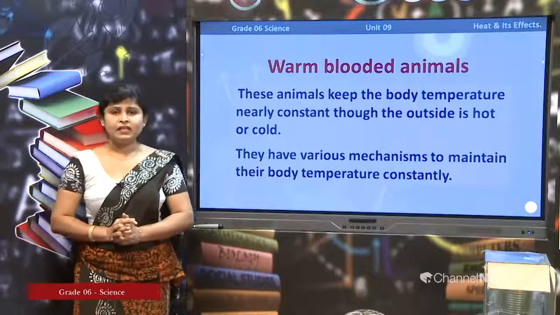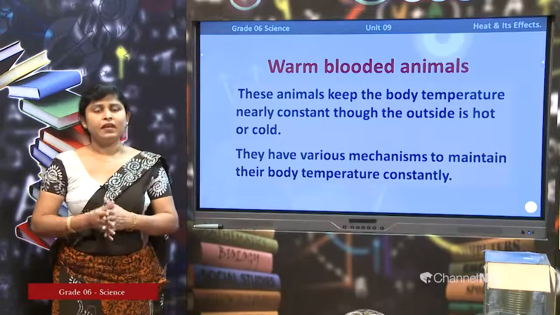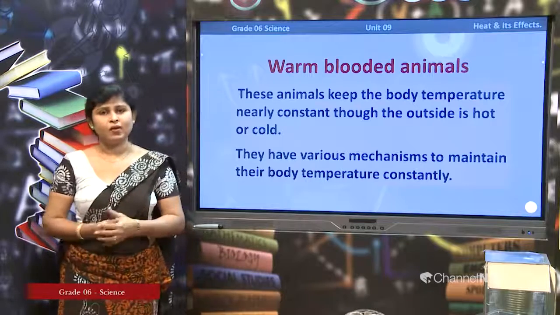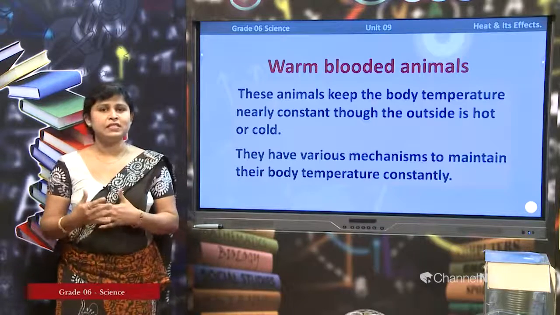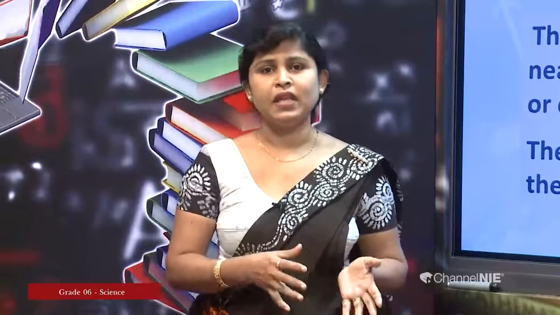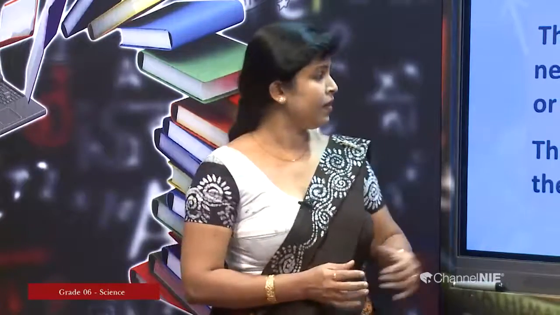Right? Indirectly, this is saying that there are certain animals in our environment that can control their body temperature, whatever the temperature outside. When the temperature is very hot, they have mechanisms to reduce their body temperature. When the temperature outside is very low, they have mechanisms to increase their body temperature. Right? Now,